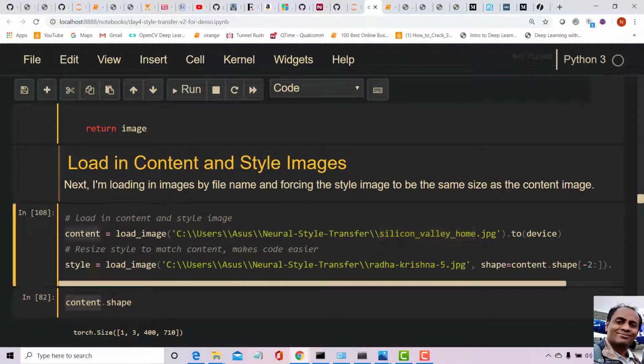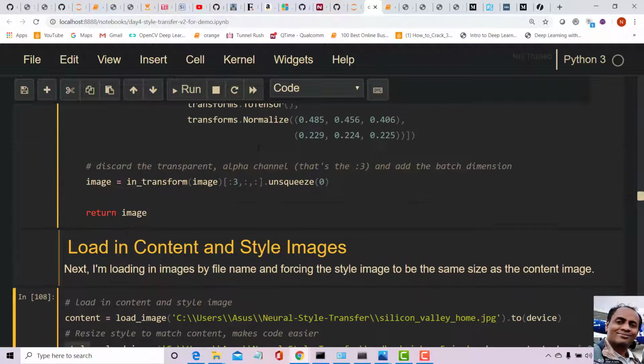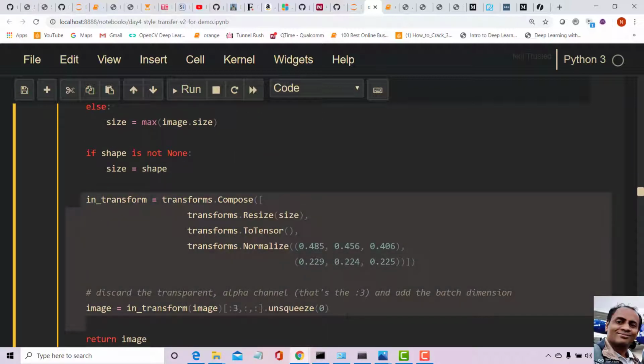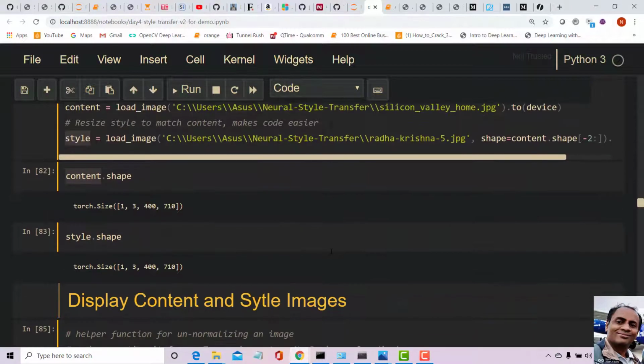Now it loaded content and style as two different images. In fact, they are of the type PyTorch tensor, because they already got resized and transformed. What's the size of the content image? 1x3x400x710. And what is the dimension of the style image? 1x3x400.